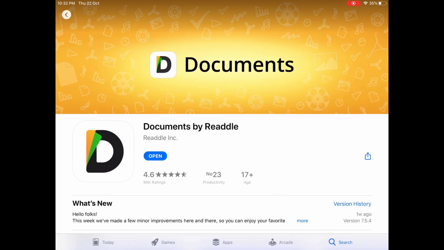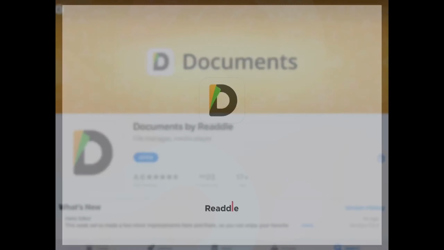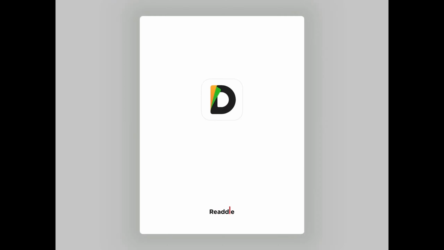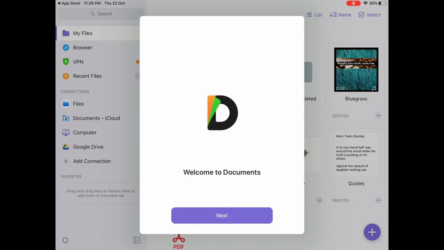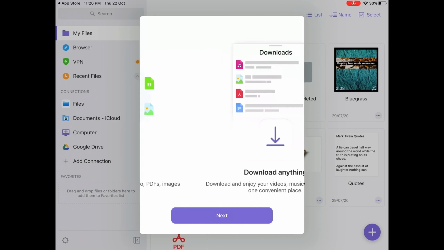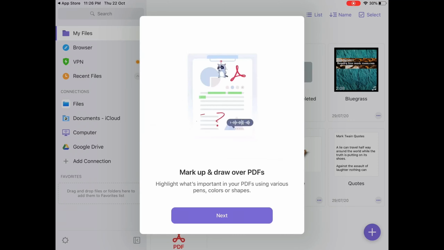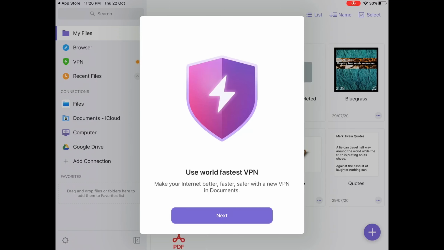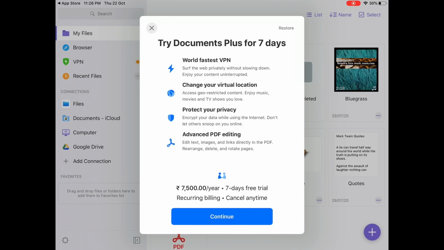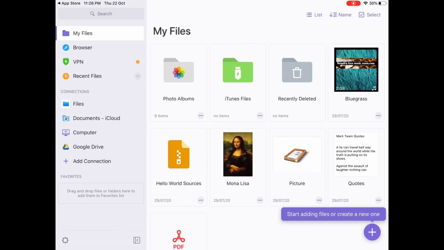I have already installed it, so let me open it. This is the startup screen, so click on next here. And at last click on cancel. So here you can see the app interface for the iPad.